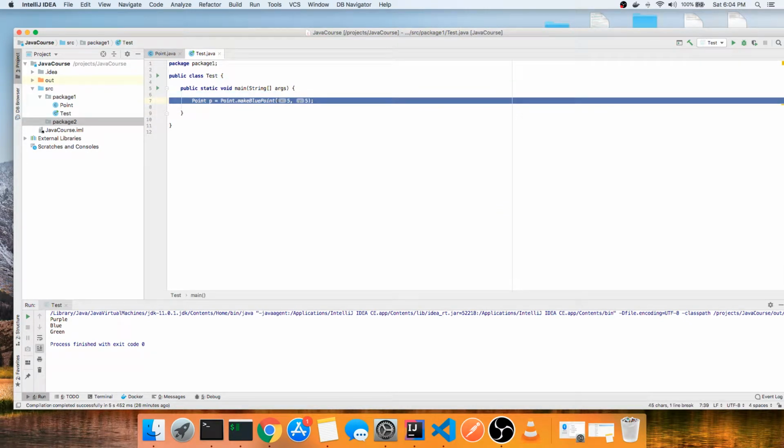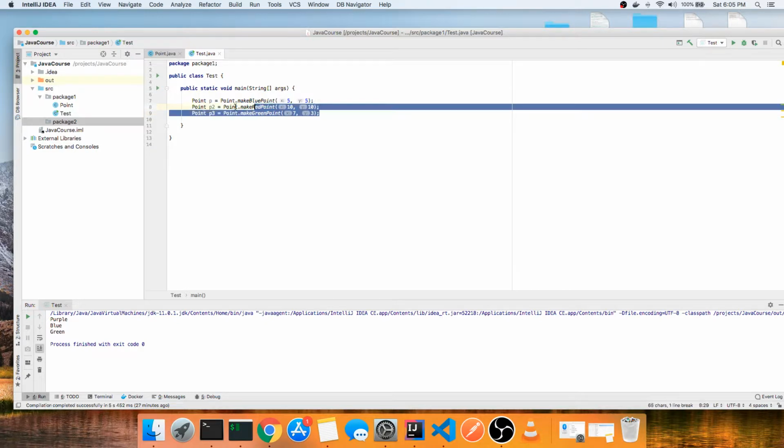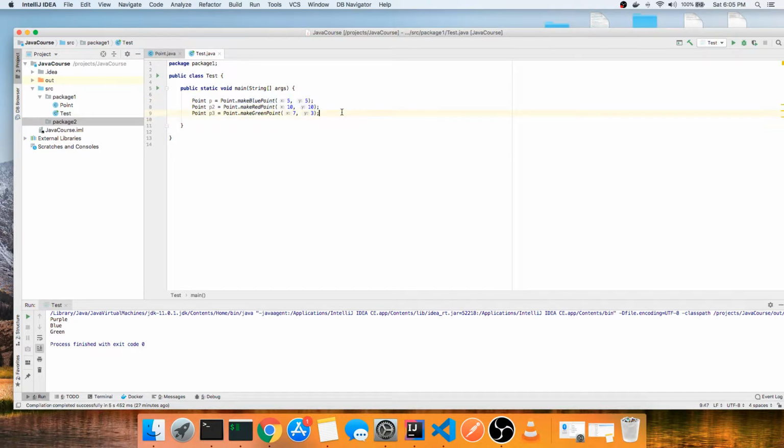So we're going to create three points here, just like before, right? So we have our red point, and we have our green point. Let's actually make these different values. So let's make this 10, and make this 10. Okay, and let's make this like, I don't know, 7 and 3. Okay, doesn't really matter. But now they have different points and they're different colors. Okay, so we're actually going to print out the